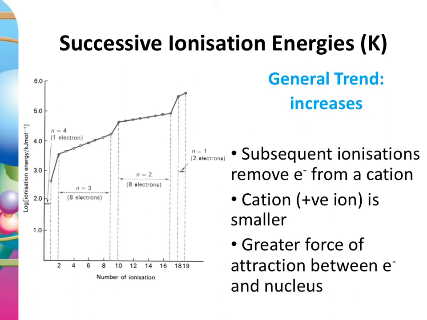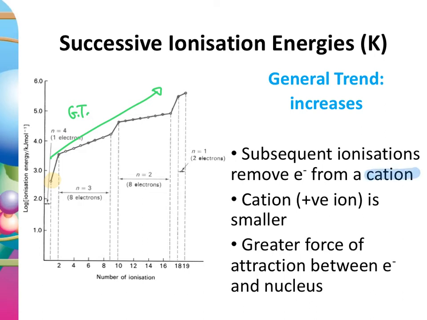And if we look at what we've got here, we can see that the general trend is that it increases. Okay, so the general trend is that the successive ionization energies are getting larger. So we've got this word subsequent, so it means after the first ionization energy. So our first ionization energy is here, what I've just highlighted in yellow, and then there's a big jump. So all of the subsequent ionization energies after that first one are being removed from a cation, so that means